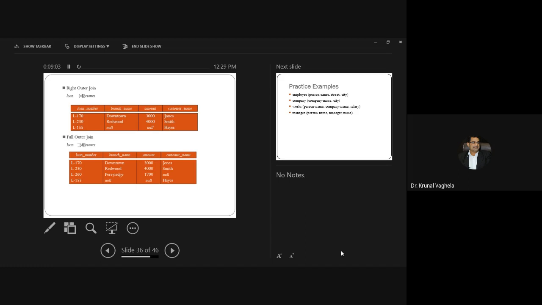So this was the end of the topics, but one important thing always asked in the exam is the relational algebra query. You will be given a table and you will be asked to write a relational algebra query. How to write, I'll explain one or two, then I'll ask you.